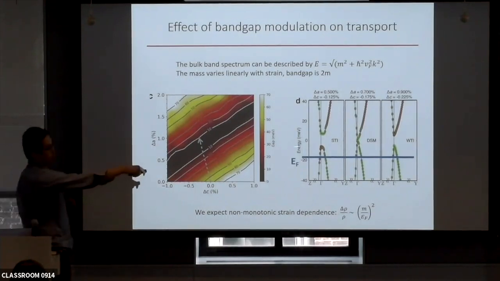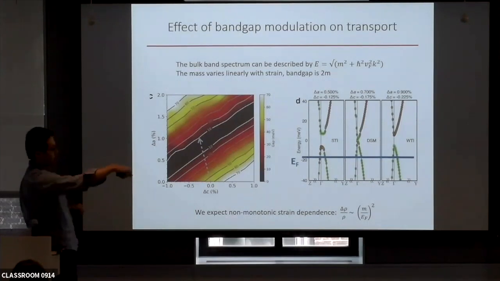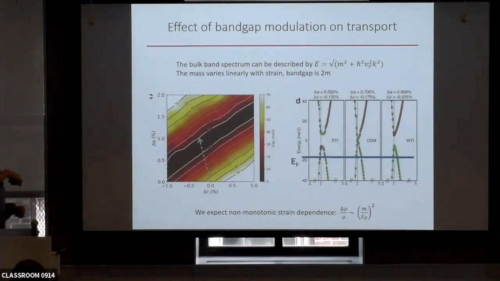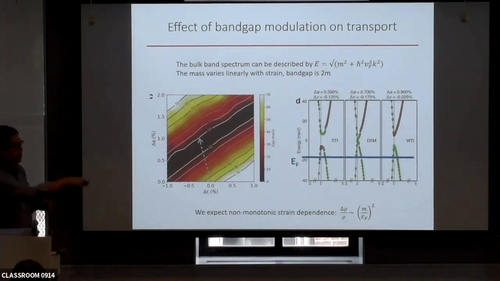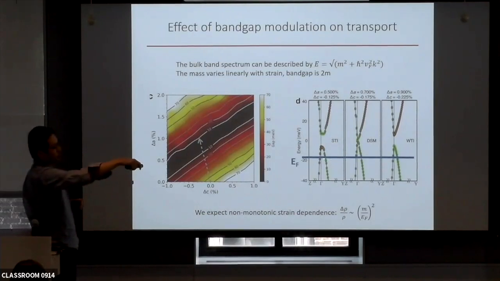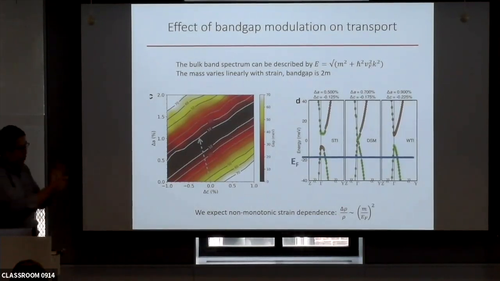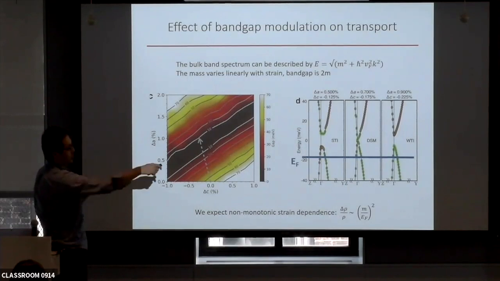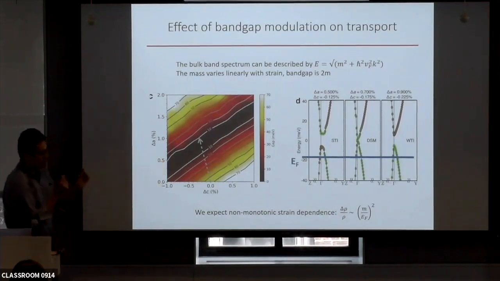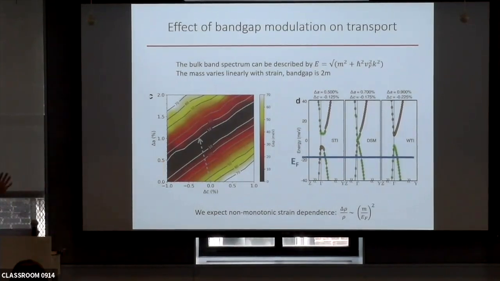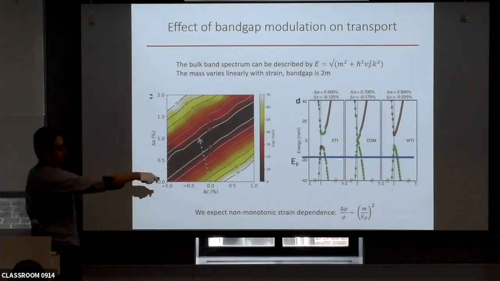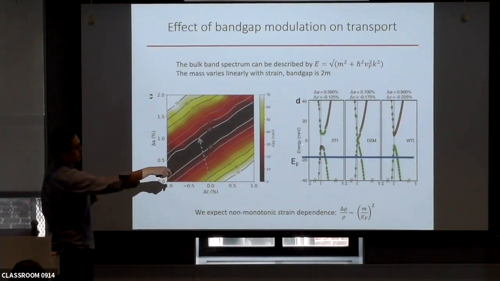So the Fermi energy is probably about 5 to 10 millielectron volts away from the band edge. And what you're probing is the transport property of the quasi-particle cutting at this band energy. Now, when you modify the gap, you're also changing the dispersion of this band. Therefore, your Fermi velocity and everything will change as a function of the gap.